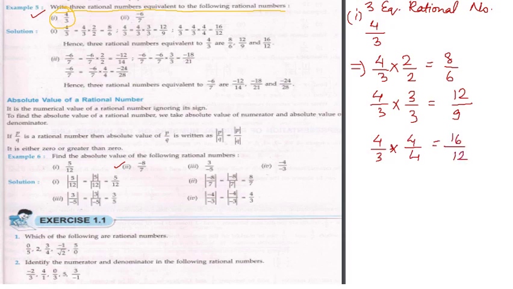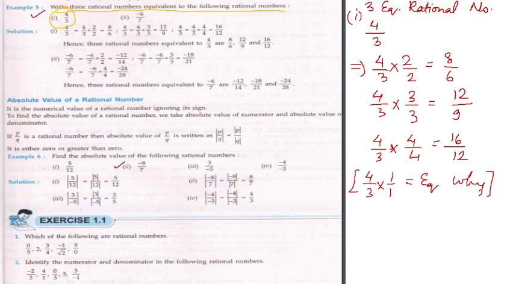Clear? Never multiply 4 by 3 with a 1 to get its equivalent. Why? You have to give me the answer. You have to write it in your homework. Write it as your homework and explain to me. This question is already explained. When we multiply a rational number with 1, we don't get the equivalent rational number. We get a dash rational number.